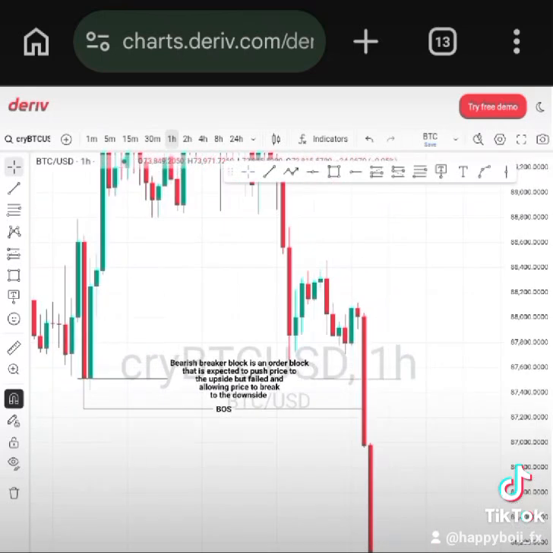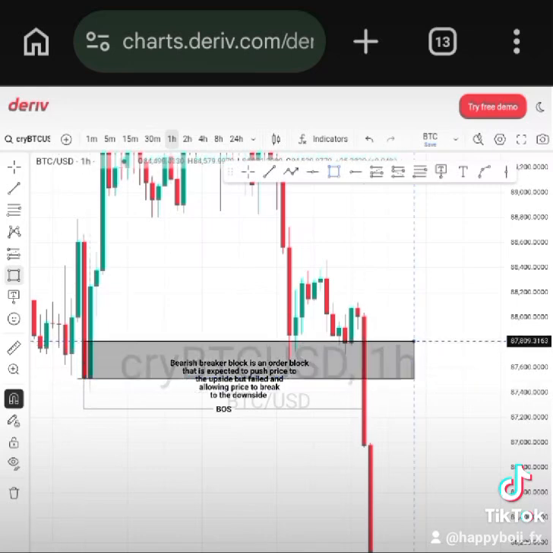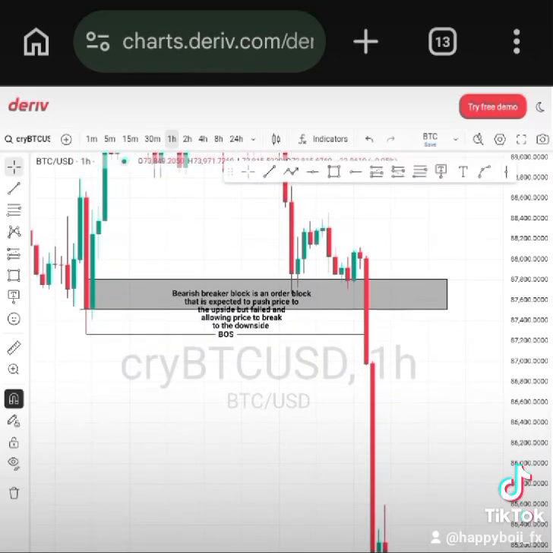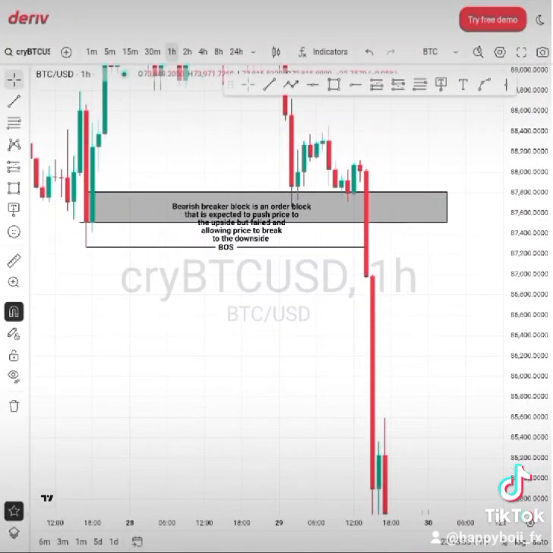And then you mark out your breaker block from the body, not from the wick, like I said earlier. From the body, you mark it out. That is your breaker block, your bearish breaker block right there. So then I'll talk about